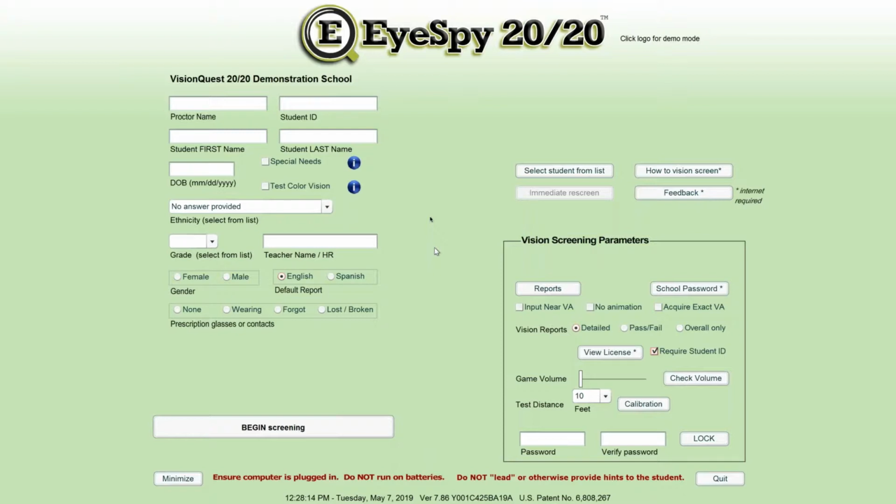The first thing is, how do you do a vision screening? There are two ways to enter the student's information. I'm going to be the proctor, and let's say that I'm vision screening a student. I'm going to say that the student's ID is 123123. Now, I'm required to put in the student ID unless I uncheck this box. Then this becomes optional, and I don't have to put in a student ID. That's entirely your prerogative. My student's name is the very creative John Doe. He happened to be born on, let's say, May 13th of 2013,